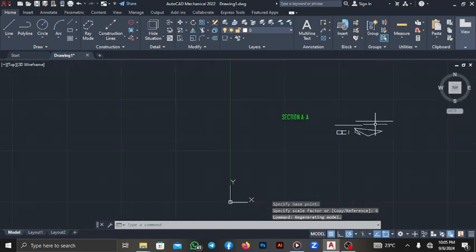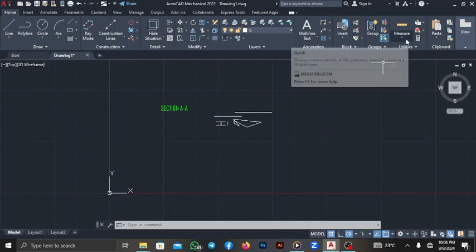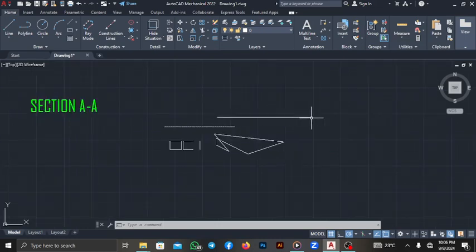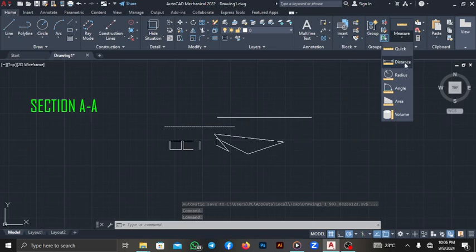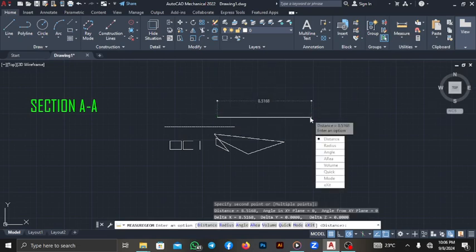The next thing we also want to look at is the measure tool. The measure tool, as its name suggests, is used to measure distances and angles. Once you click the drop down, you can measure a distance, radius, angle, area, and volume. Right, so let's try and measure this line and see the length. We click on the drop down, and then we select distance because we want to measure distance. We specify the first point here, and then drag it all the way to the second point, and at the end it gives us the distance